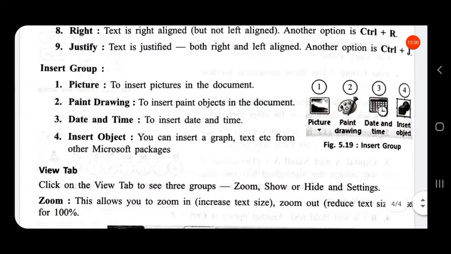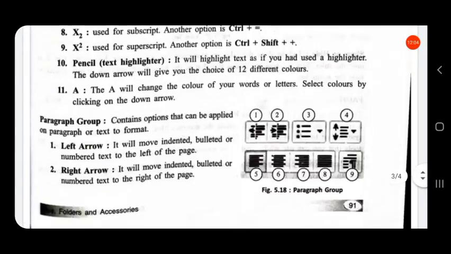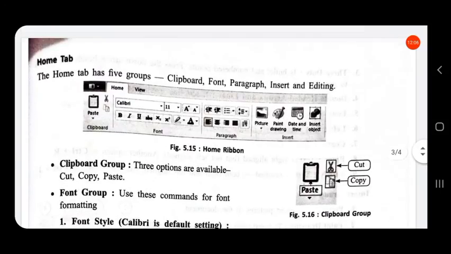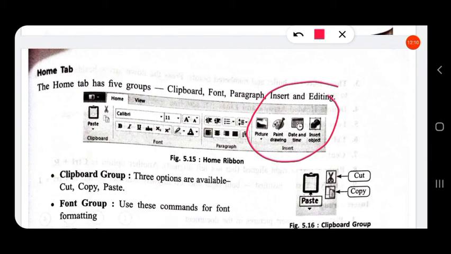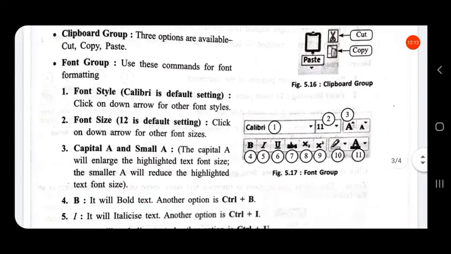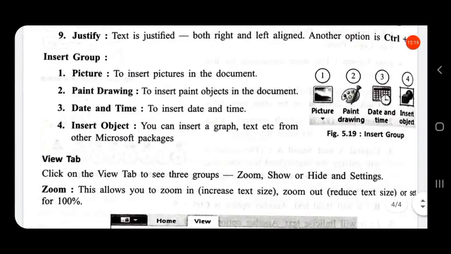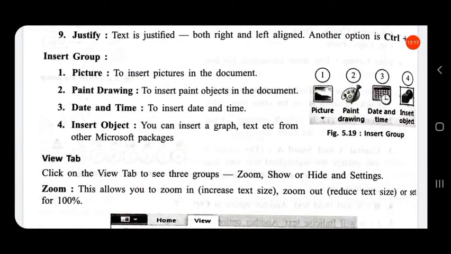Then next group is insert group. In WordPad, the next type of group is the insert group. The first one is picture, to insert pictures in the document. This insert group is used to insert pictures in the document.